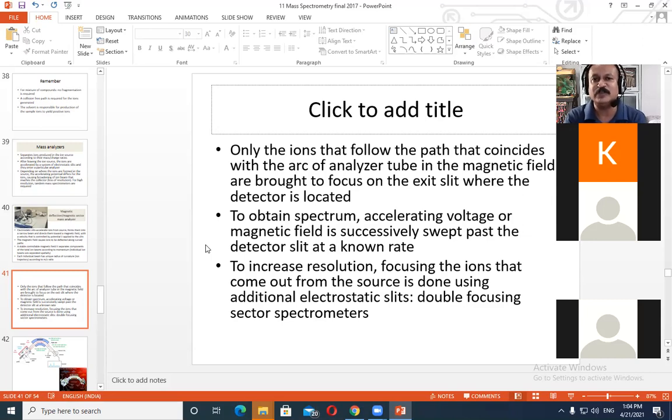So when we do the sorting, we are actually allowing only preferably the positively charged ions to go to the detector. In fact, negatively charged ions are also not allowed to go to the detector. They will be drained away. Okay. The best information about the compound is obtained from the positively charged ions. So positively charged ions are allowed to go through the entrance slit into the detector.